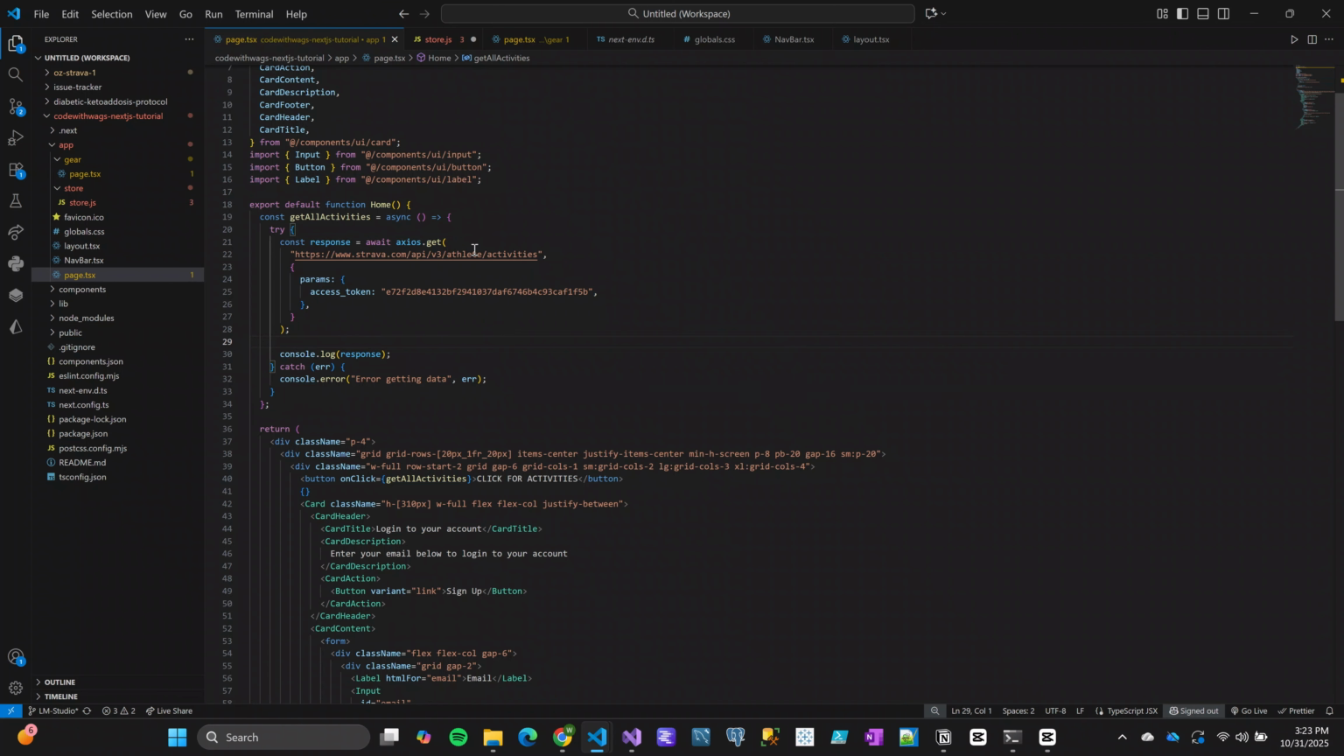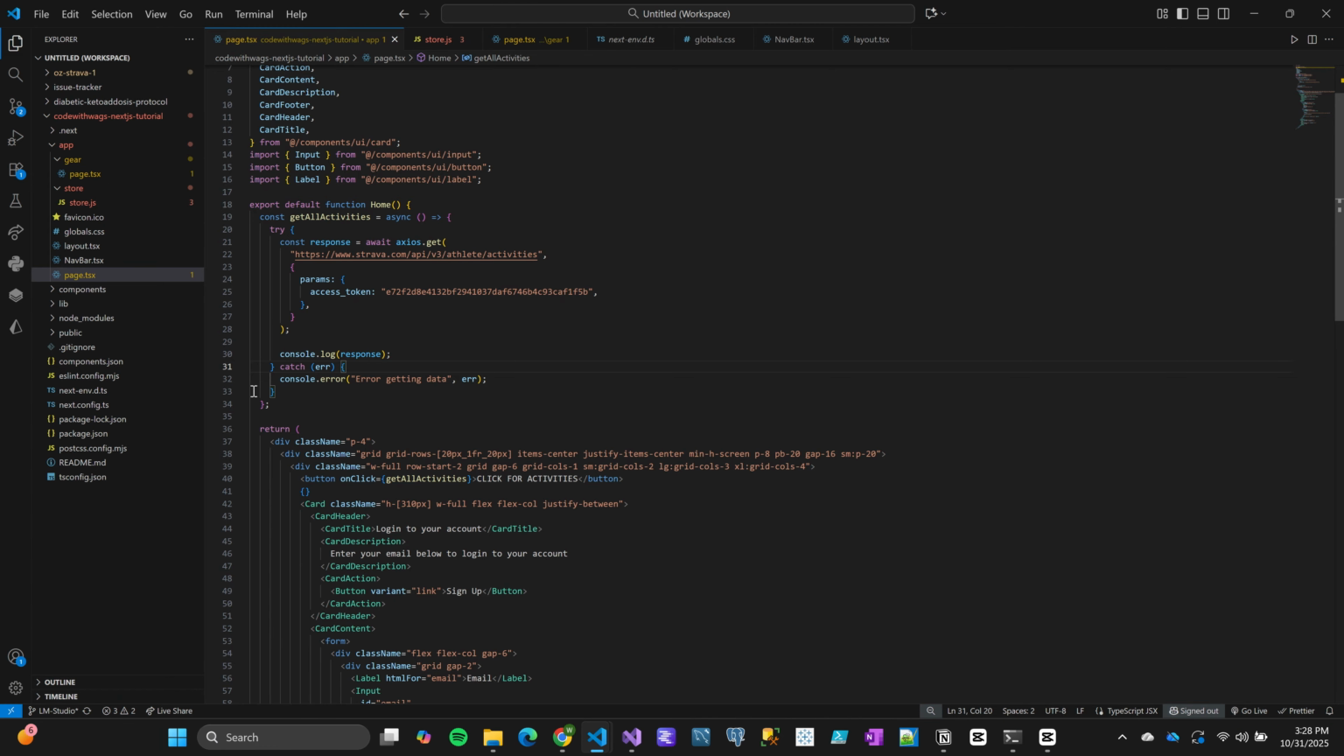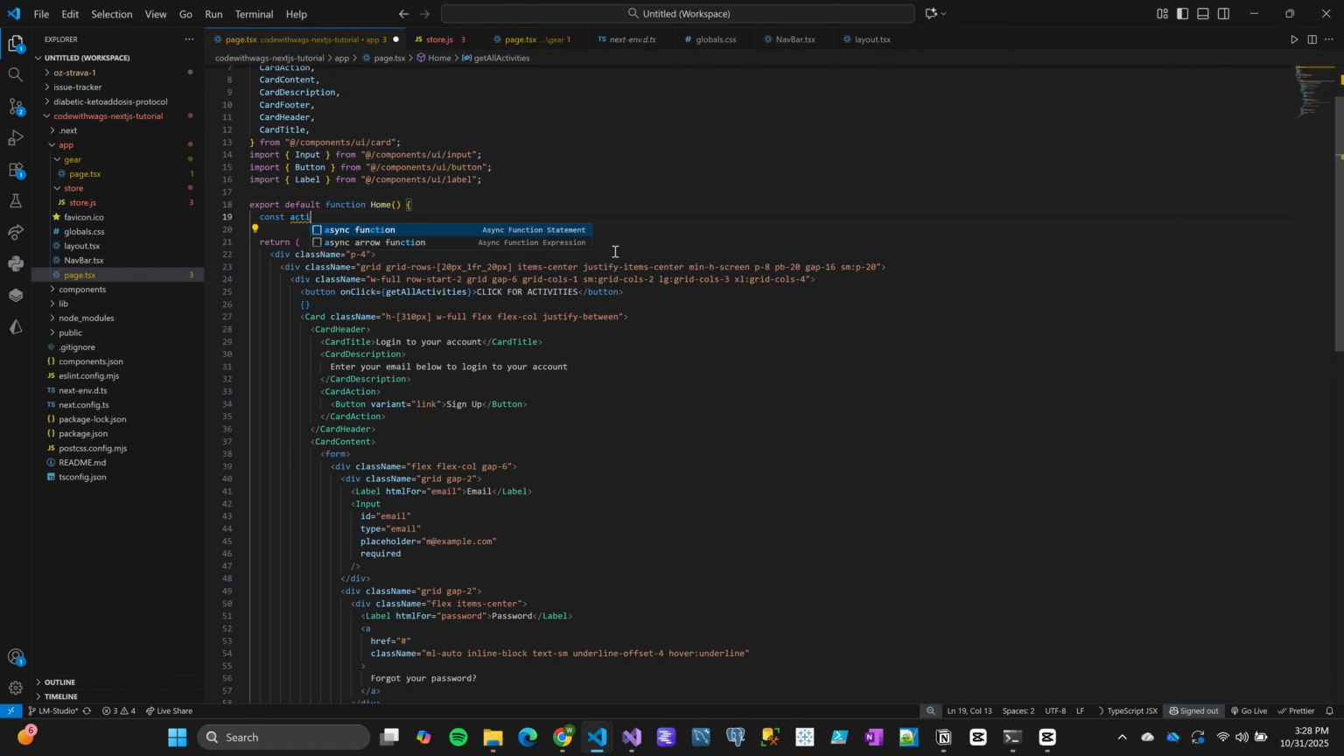And I'm actually just going to copy what we already have from get all activities, that whole try catch, and paste it in there. And I'm going to import create from Zustand, because it's their function. So we needed that import to use it. And then I'm going to set activities equal to our response.data to actually store them,